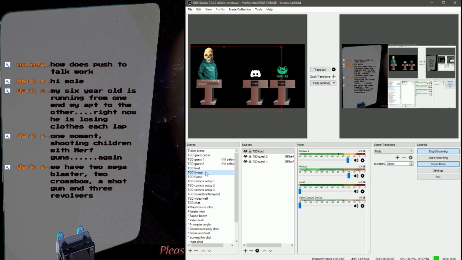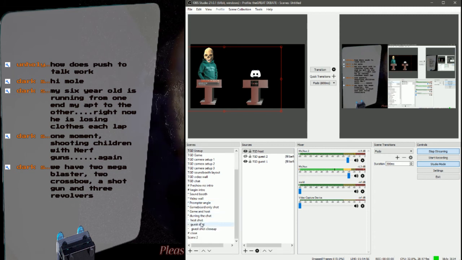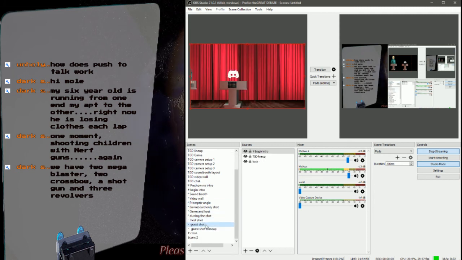And then, for instance, if you need to go back, let's say your guest doesn't show up today and you need to change your guest. So let's say I need to go to lineup and my Gab guest didn't show up, but I still got my Discord guest. You'll watch on the live screen, the Gab guest disappears. And then when I go up to the guest shot, it's not there. So I can make changes to the original scene, and it'll just show up in my final scene. Oh, okay, cool. Try that.